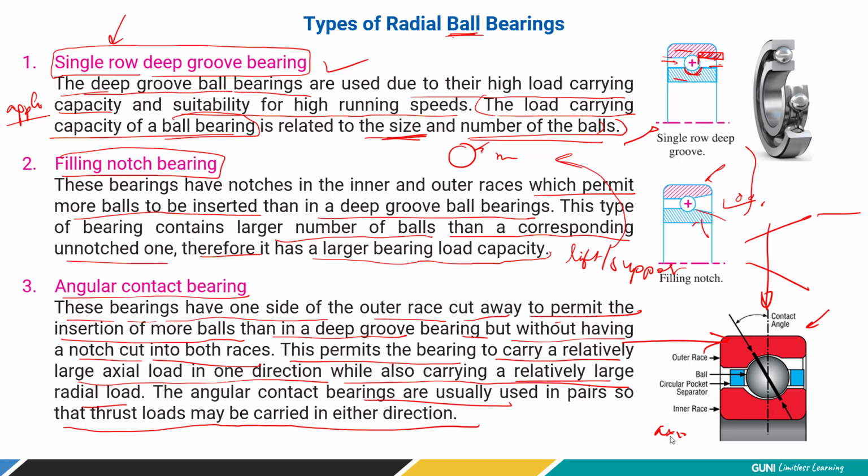Now see, this is a very important aspect. They need to be used in pair. Why? Let's say this is a shaft, okay? Let me write shaft. When the load comes, it may be the thrust load or maybe the axial load, that is radial load. So because of that, it may try to shift it, right?